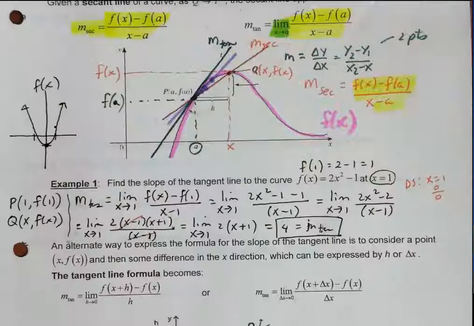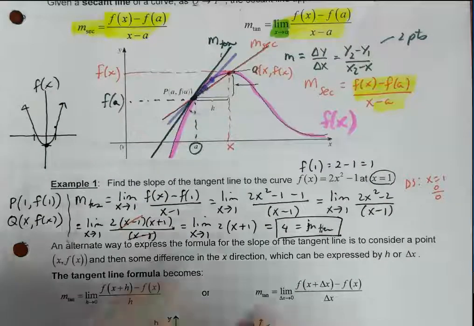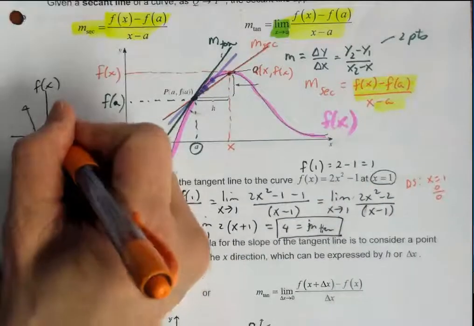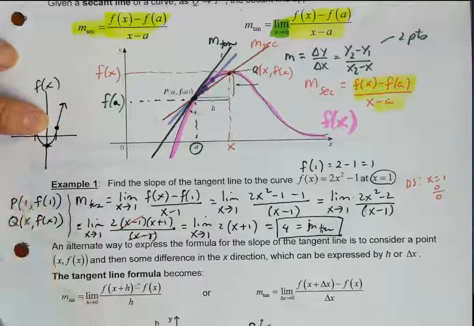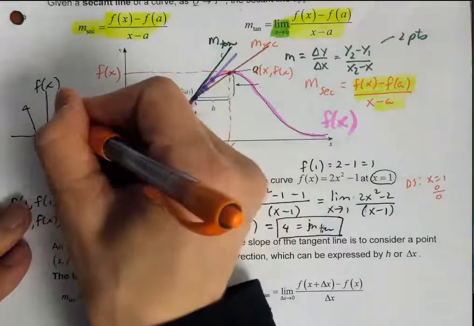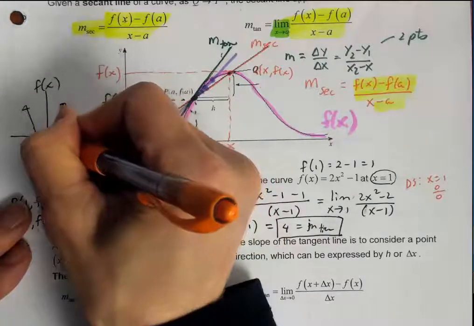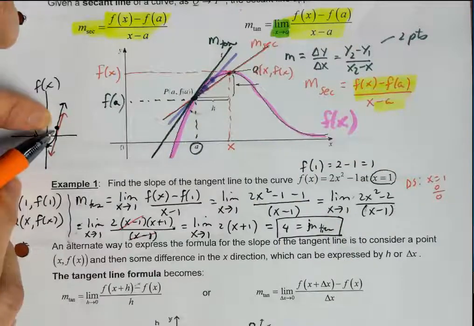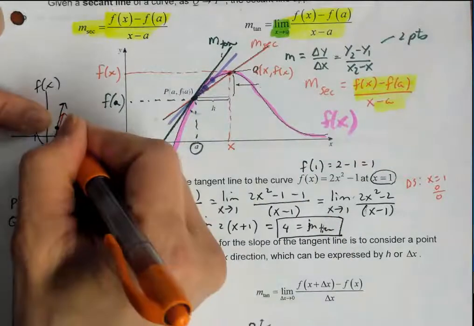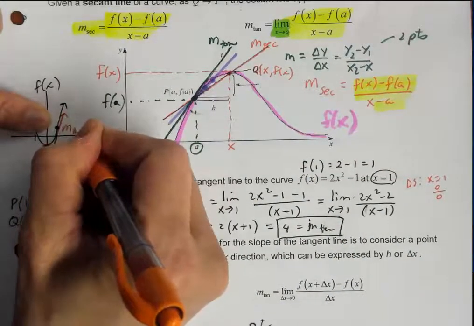So what I've just found is this. I look at when x is equal to 1, my point is right here. And then what I'm going to do is draw a tangent slope. Right, so I'm just going to sketch it for now. From here to here, it's got to just touch it at one point. What I've shown in terms of my numerical answer is that the slope of this tangent line is equal to